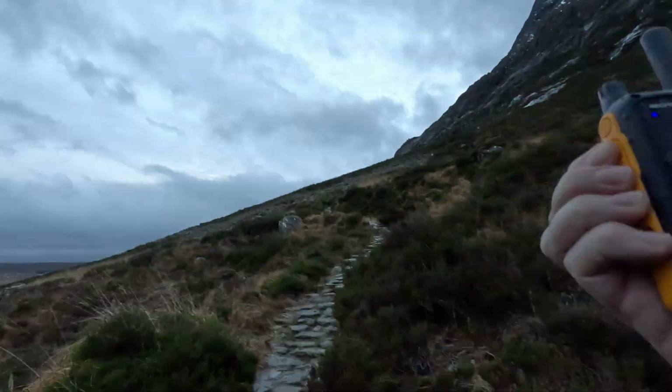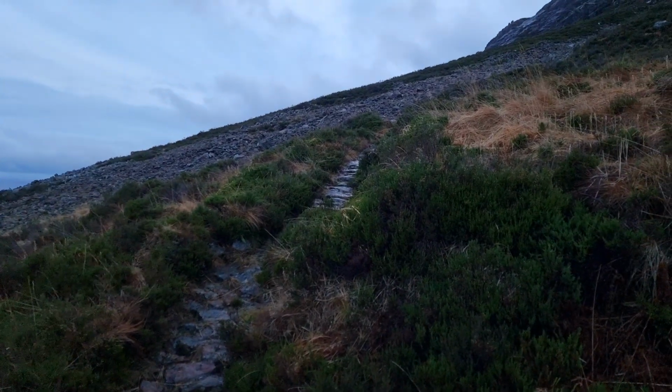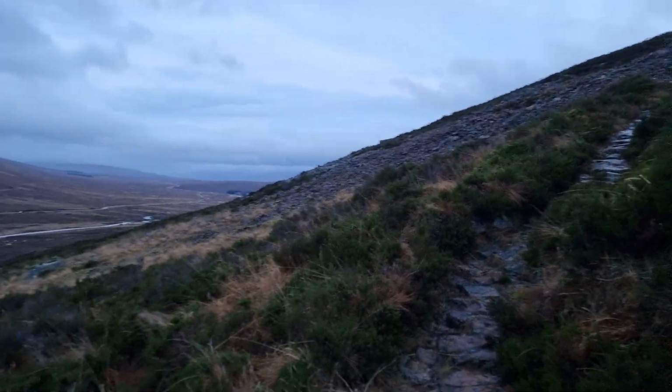Found a walkie-talkie somebody dropped in the path, switched it on, managed to talk to the person with the other walkie-talkie in the group, sent them location and